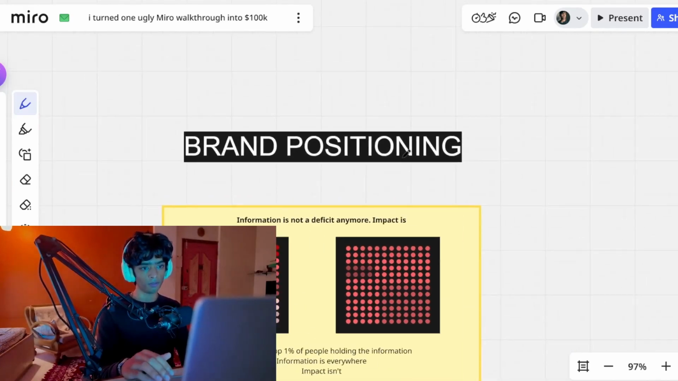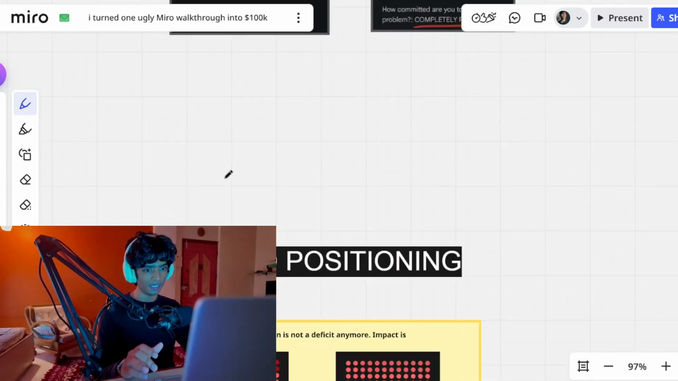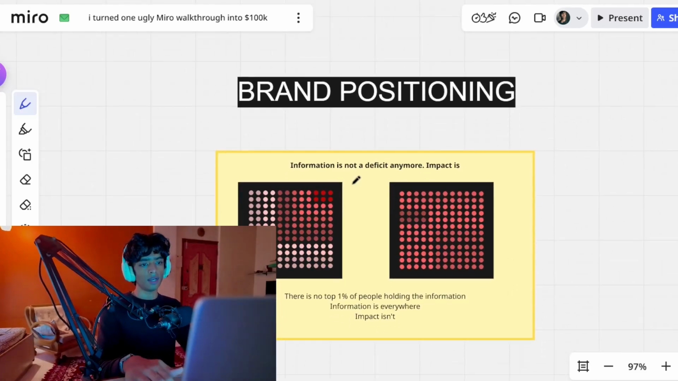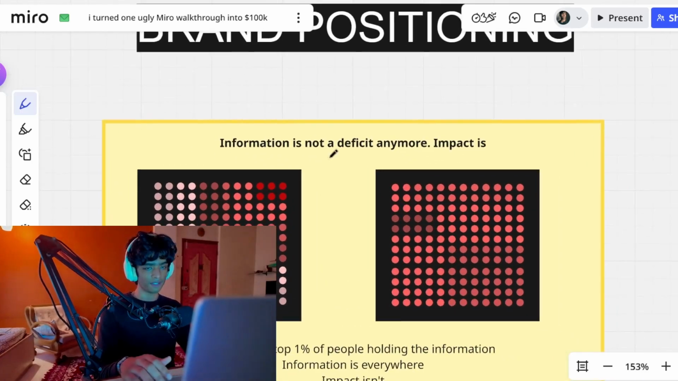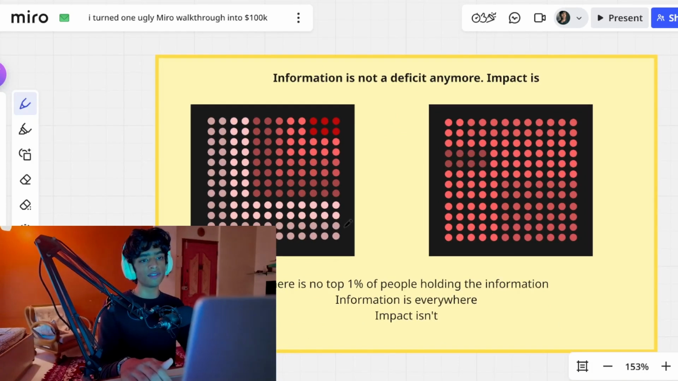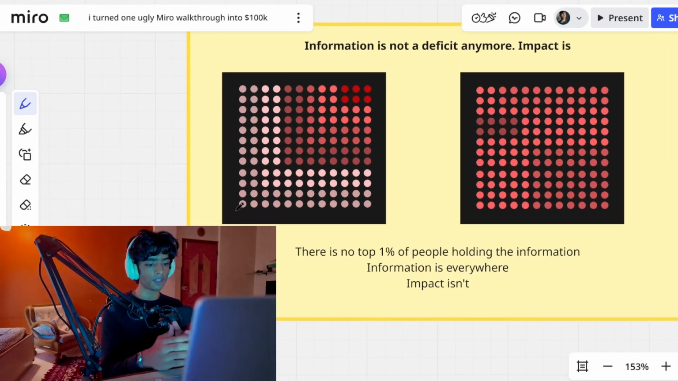Second thing is brand position. Now, this is something that most people really don't understand. See, you need to understand that information is not a deficit anymore. Impact is. If you consider information as an asset, if you think about information as a substance that people lack,